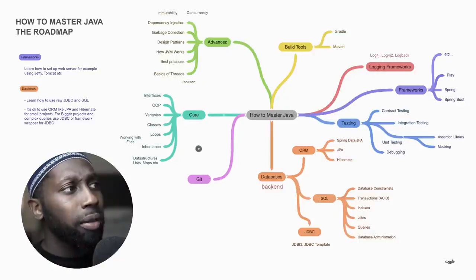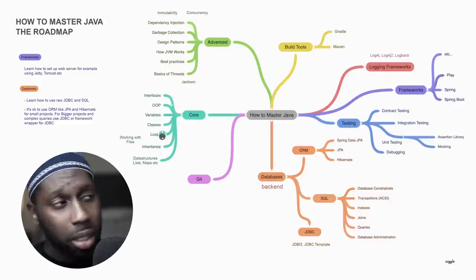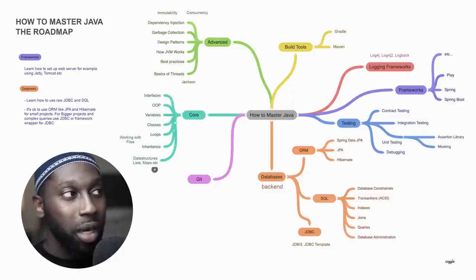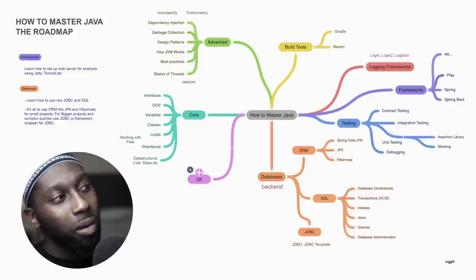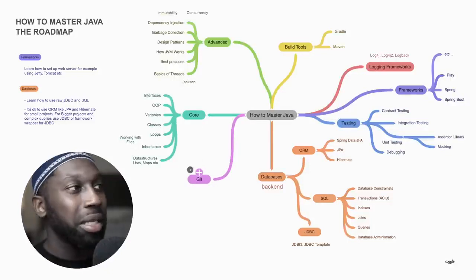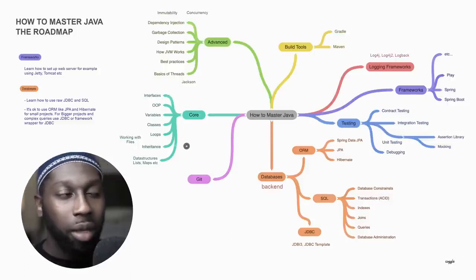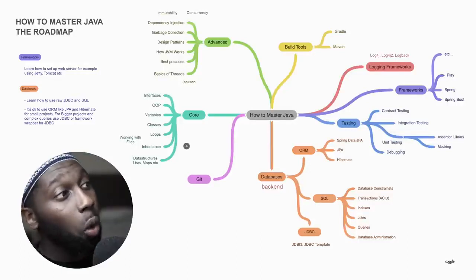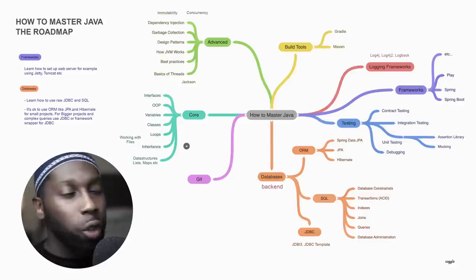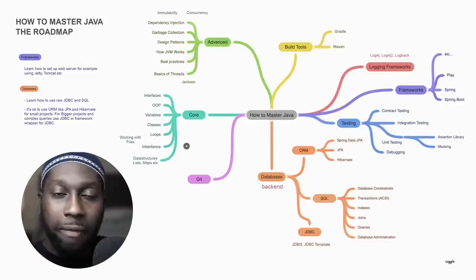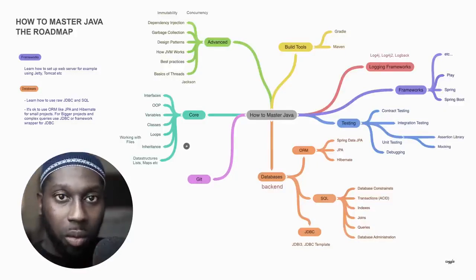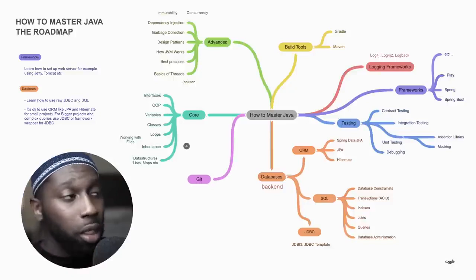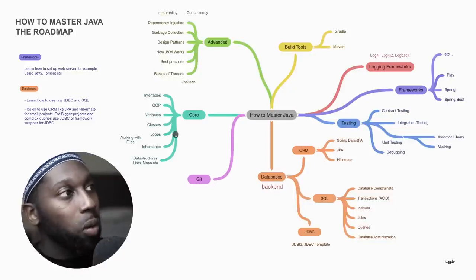So then moving on to core. This is where I've mentioned interfaces, OOP, variables, classes, loops, inheritance, and other things, right? This is the core of Java. Now, if you're not confident on how to work with interfaces, classes, and all these things, then I definitely recommend you check my course on Java where I teach all of the basics. For example, you should be able to understand what the final keyword is, how to put all of these classes together, and what packages are used for. Before you move on, you need to understand exactly how all of this works.